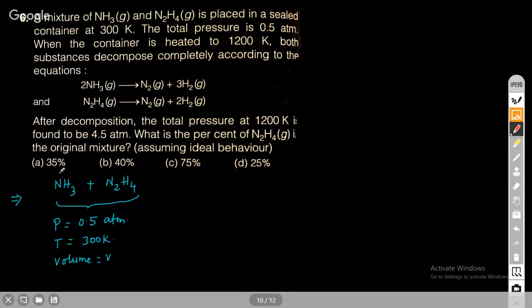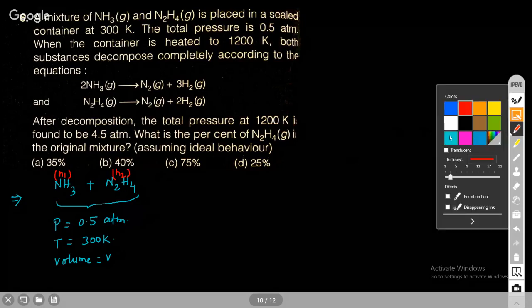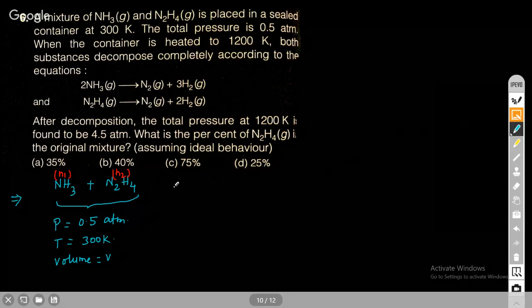So I assume we have N1 moles of NH3 and N2 moles of N2H4. Once we have this information, we can apply the ideal gas law,